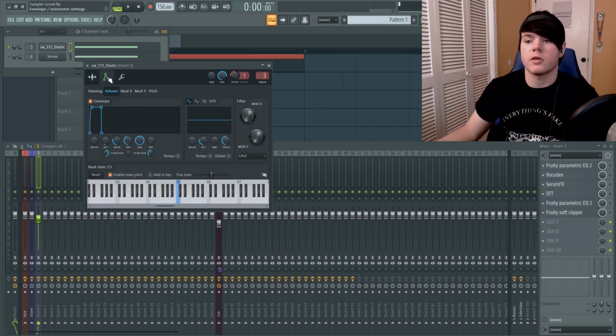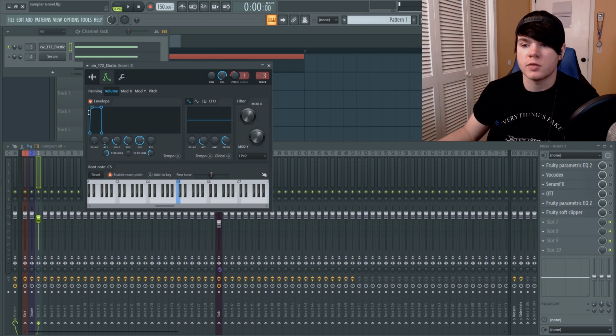Now, the wobbling that you're hearing is coming from, first of all, I do have a little bit of volume shaping here. I just added a little bit of attack and made sure that the release just stopped immediately and there wasn't any decay. But the main wobbling is coming from this modulation X, which you can see in the filter. This is modulation X right here. It's coming from this LFO, which I synced to the tempo, and I set the speed to just go at this